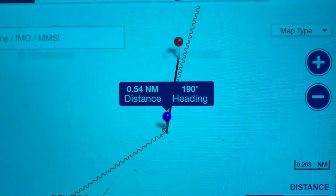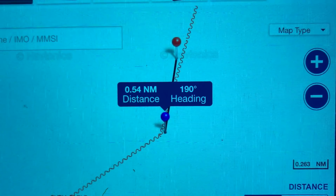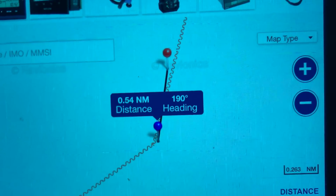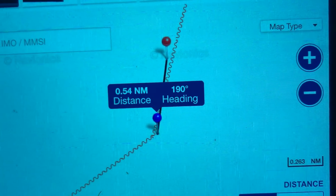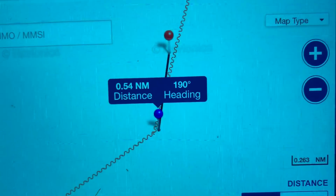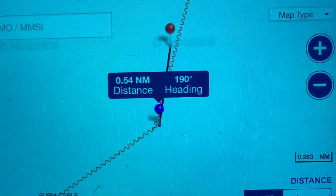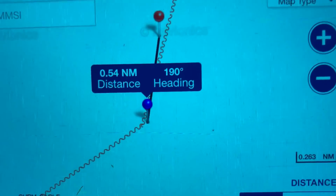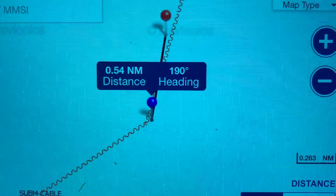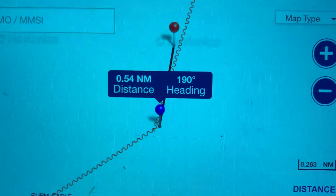The 3 data points I speak of are: the course of the Fitzgerald was 190 degrees, and that just happens to correlate with the direction this cable travels. Point 2, the location where the collision occurred is exactly the same distance in the report as where this bend in the cable is. We've shown that in other videos. And data point 3 is that